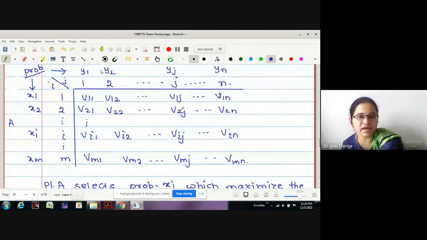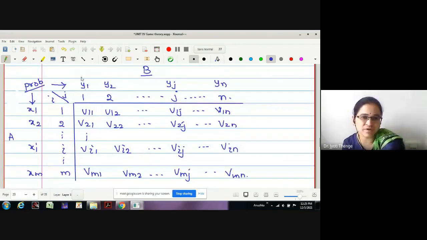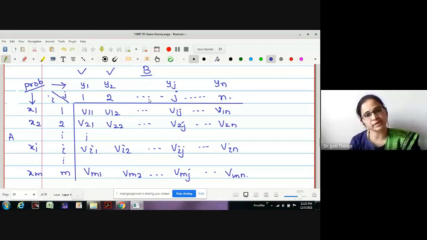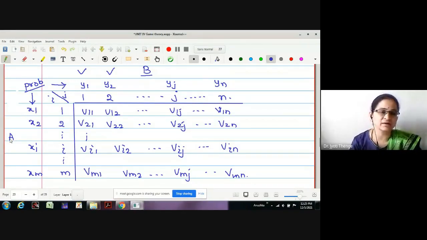And whenever we say that the player B chooses first activity, then we have to find out the expected gain by using this first column, right? If B chooses to play second activity, we have to find out the expected gain to the player A using the second column. Similarly, while finding the expected loss to the player B, we have to say that player A chooses first activity, and if it chooses first activity, we have to use this row